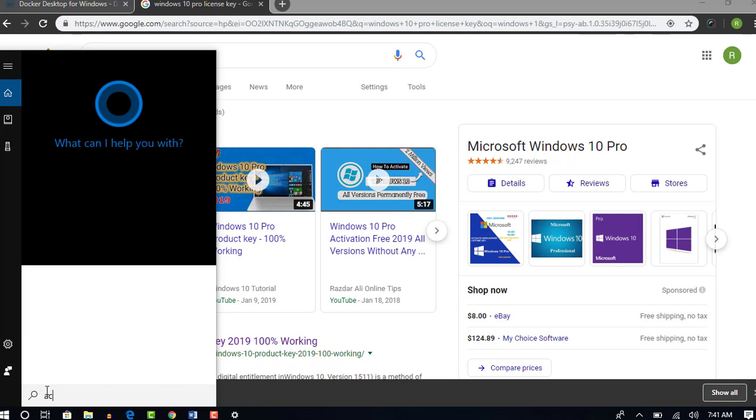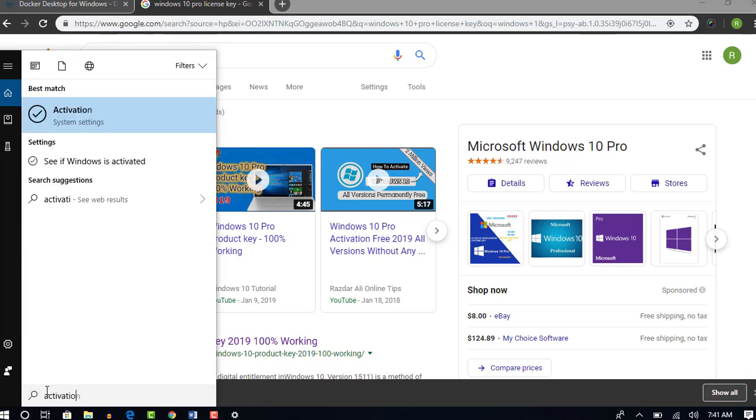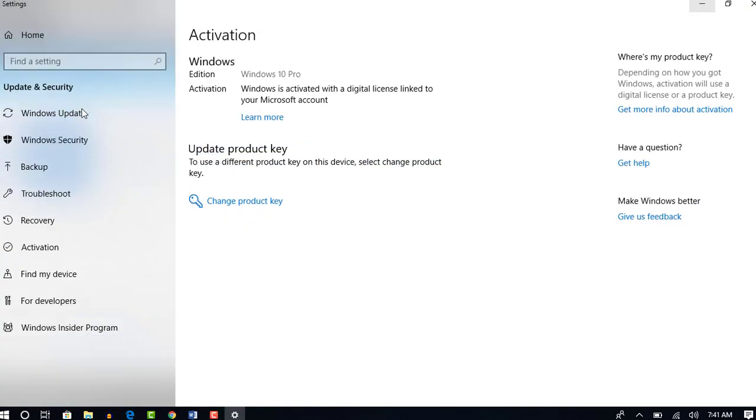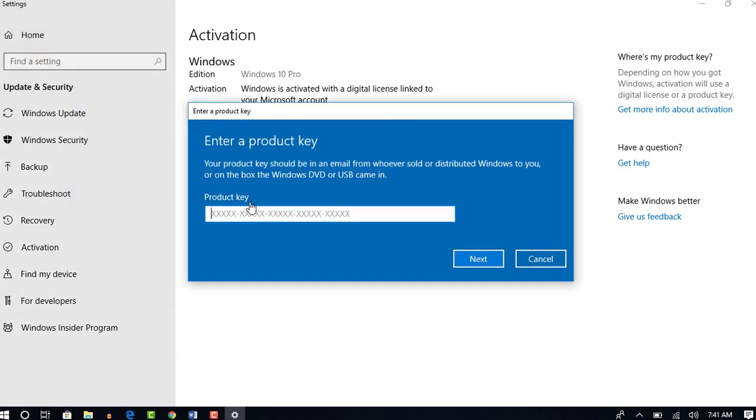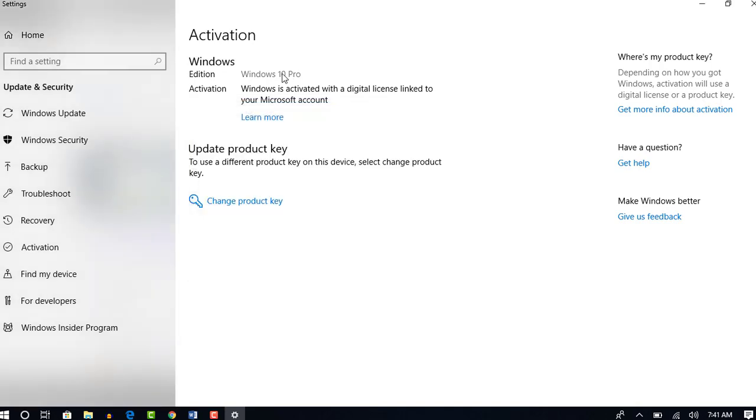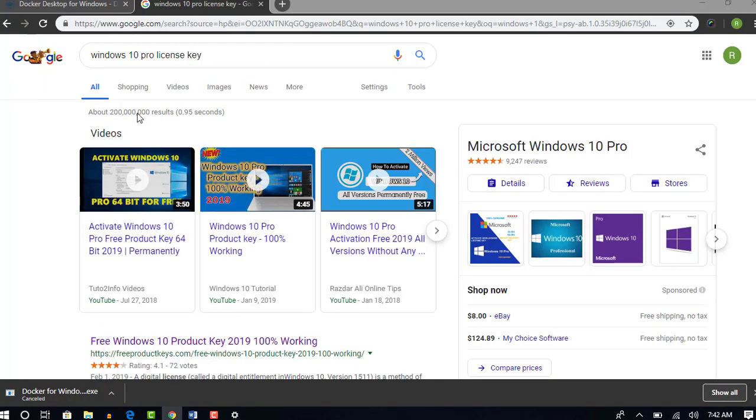Once you get the license number, go to activation, system settings again, click on change product key and give your license key, whatever you get when you buy it. Enter the product key and click next, next, next. The system will restart and then your edition will be updated to Windows 10 Pro. This is how you need to do it.